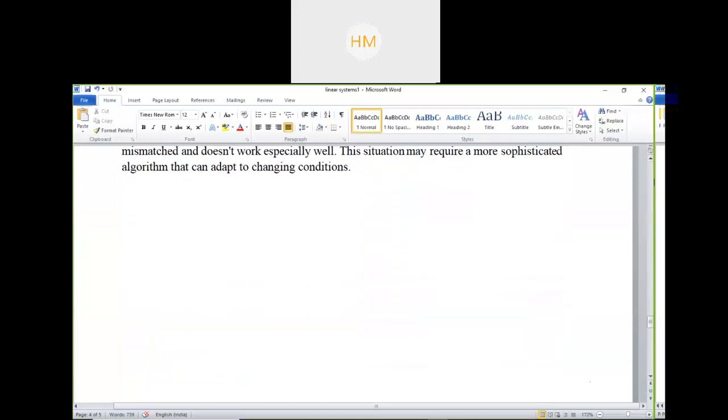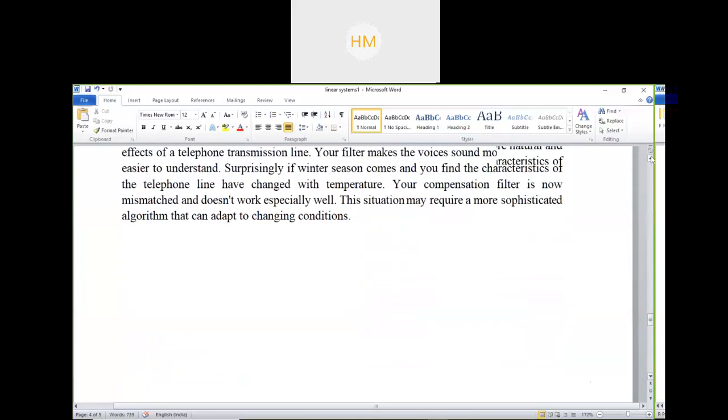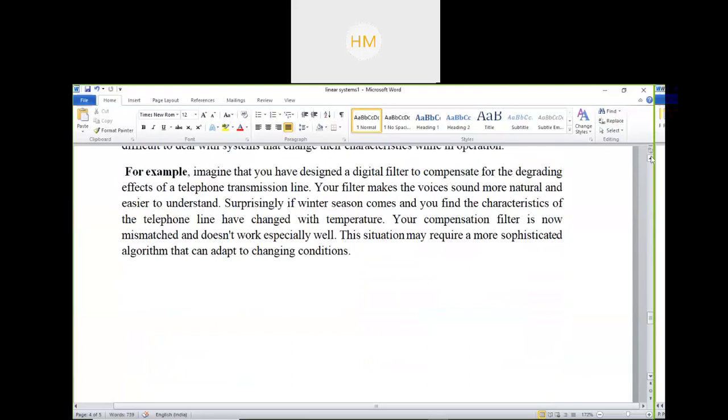Is it clear? Due to temperature conditions, due to a certain number of years, the property has changed. Now what will happen? The voice is not clear. You will not have natural sound effects. So the property has changed. Whatever I'm saying just now, at the receiver side it will come after a delay of milliseconds. So the properties have changed and the system has changed. So it is not a shift invariant system. It will be a shift variant system.